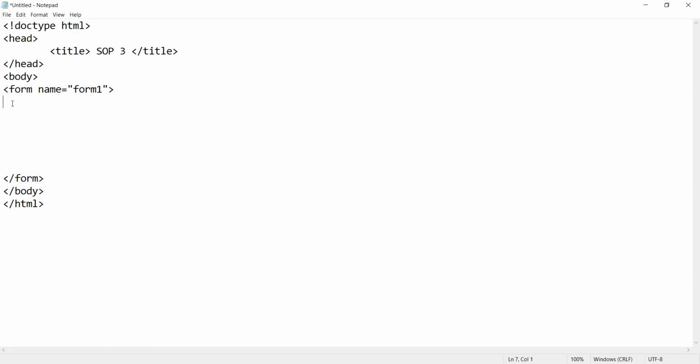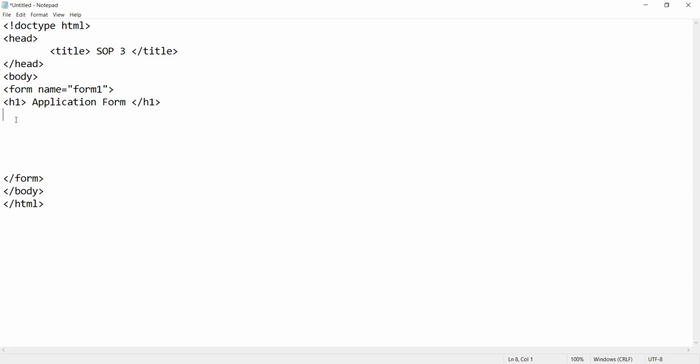Now our first condition is to display the heading as an application form. So I will use an h1 tag, that is the highest heading tag, application form. You can use this h1 either inside the form or outside of the form, no problem. They have not given any specific condition, so if I am using this inside the form tag, that heading will be displayed inside the form, and if I am using this h1 above the form tag, then it will be displayed above the form. We will see that in the output.